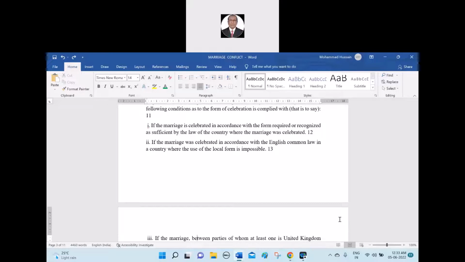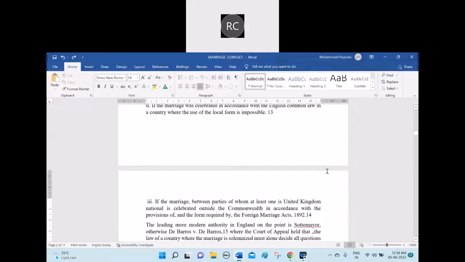Number one, if the marriage is celebrated in accordance with the form required or recognized as sufficient by the laws of the country where the marriage was celebrated. Number two, if the marriage was celebrated in accordance with the English common law in a country where the use of the local form is impossible. Number three, if the marriage between parties of whom at least one is a United Kingdom national is celebrated outside